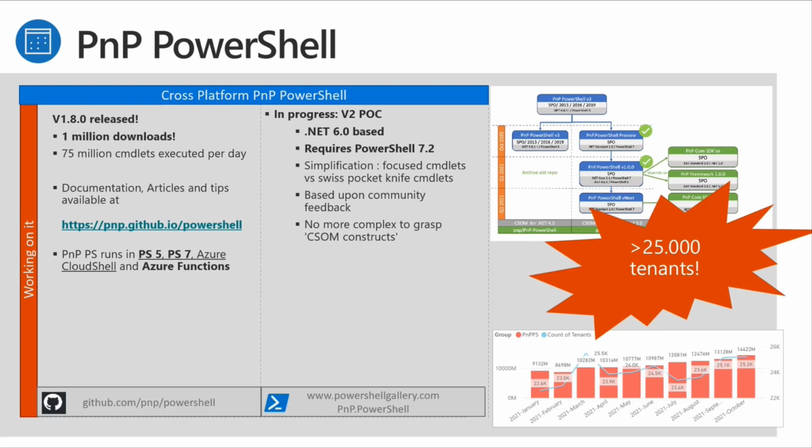The current cmdlets sometimes have like a million arguments, and it can be quite complex to find the right arguments to get the job done. With the new version, the V2, the aim is to make it a bit more scenario focused and simpler. So that's one thing. The other thing is there will be less